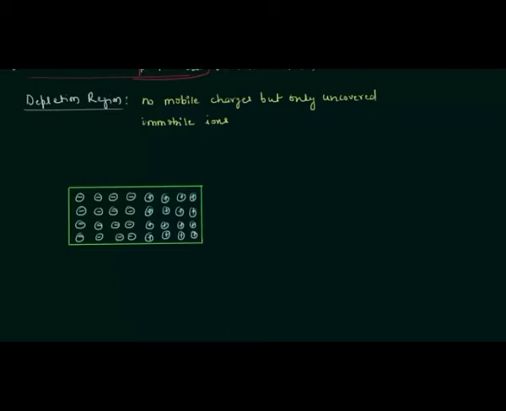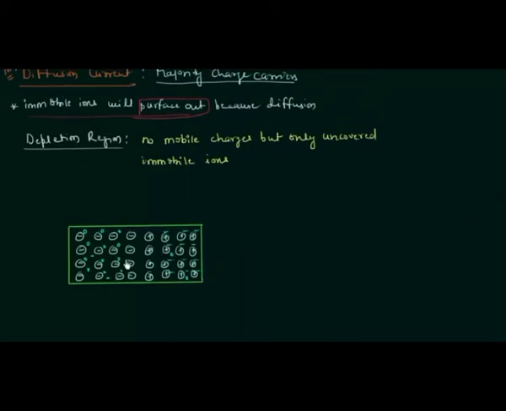Holes are the majority charge carriers on the P side, and we have electrons as the minority charge carriers. In the same way, for the N side we have electrons as the majority charge carriers and holes as the minority charge carriers. Now the electrons and holes have recombined in this region, so we are left with